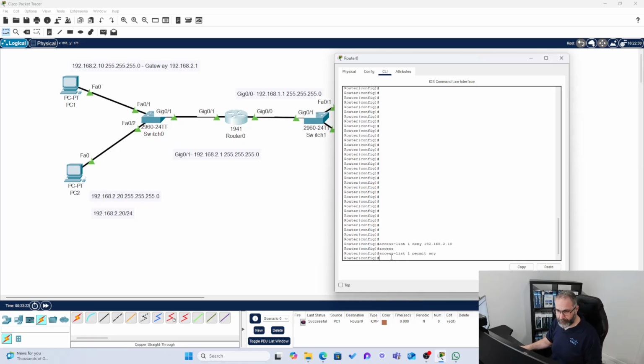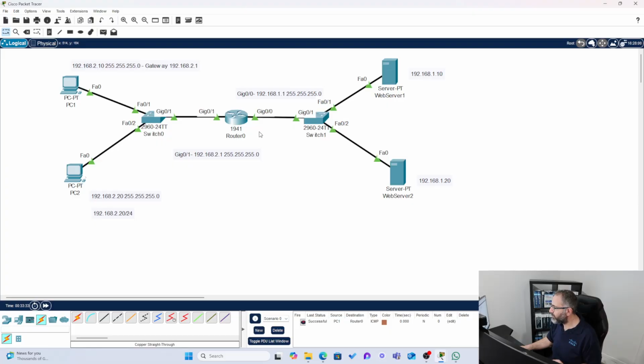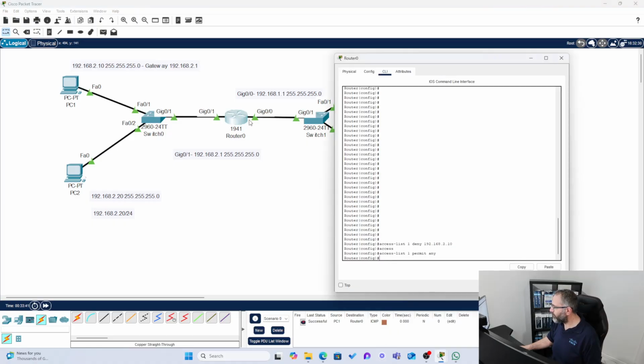Okay, now we've done that and we've got the configuration. Where are we going to put it? Well, remembering what I said, the standard access list should be as close as possible to the exiting interface. So let's add it there. So we'll go back into that. We need to go into the interface mode now. Interface gig 0/0. And now we type,